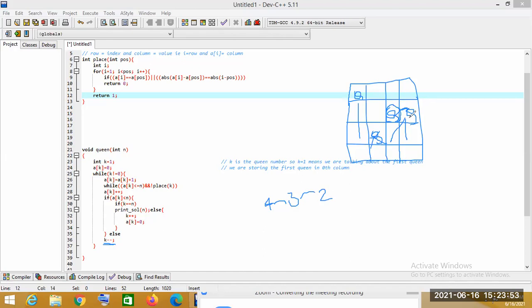Now the second queen is placed in the fourth position. We cannot move it in this direction, because then the other queen cannot be placed. And if we want to move in this direction, it cannot be done because it is the last cell. So there is no solution here, and we delete that again. From the second queen, we will backtrack again.